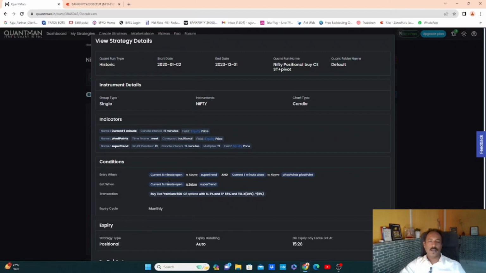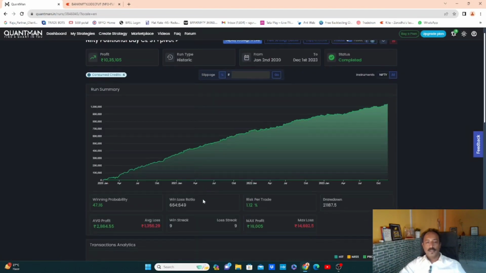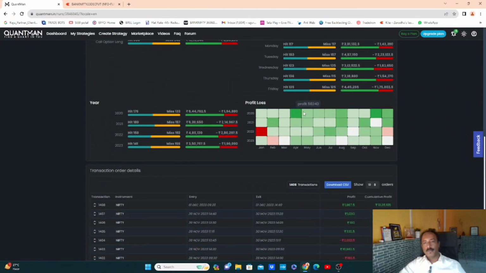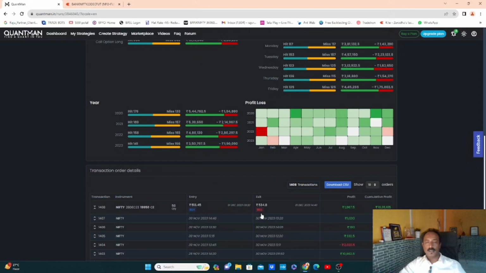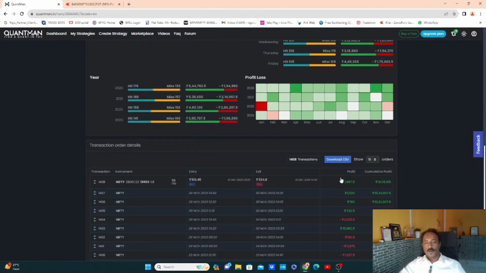So without any coding, guys, you just need to have these rules in place, and if you define them to the system, it will place an order on our behalf. See, if you come down, almost every month it has been performing well. Let's see on 1st December what it has taken. This was a real trade, what happened in my account. It bought at 513, entered exactly at 9:20, waited till 2:40 and exited at 534.